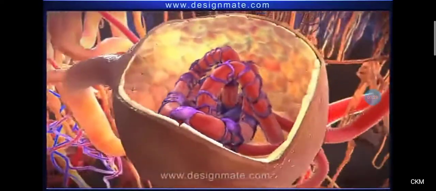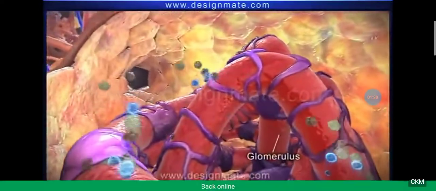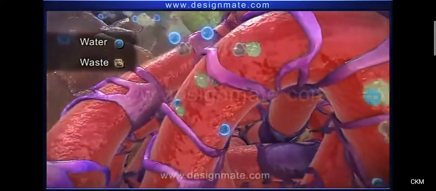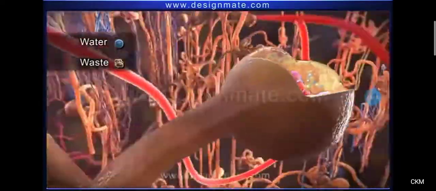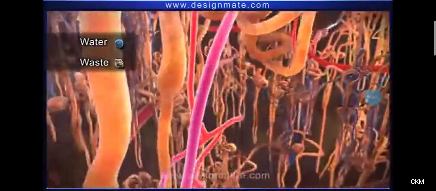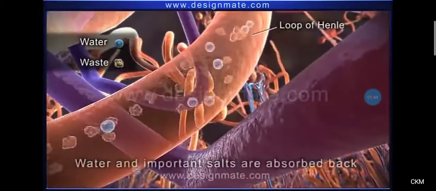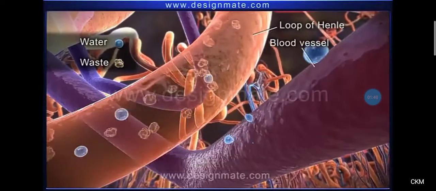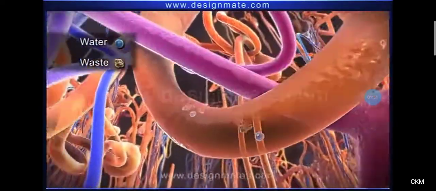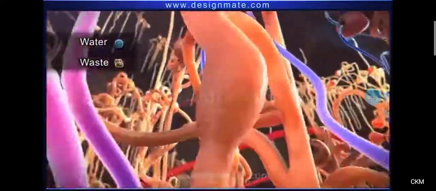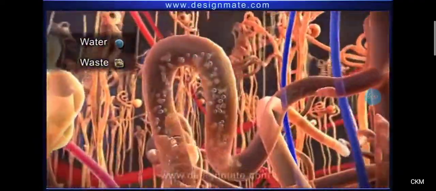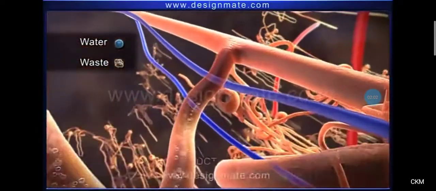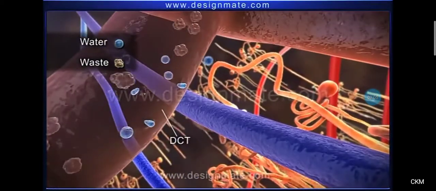Basically, this is the glomerulus. The glomerulus passes the glomerular filtrate into the Bowman capsule. From the Bowman capsule, it enters into the proximal convoluted tubule and then to the loop of Henle. In the loop of Henle, the water is reabsorbed back into the blood while it is moving towards the distal convoluted tubule. In the distal convoluted tubule, the water is reabsorbed again into the blood capillaries, and then it moves towards the